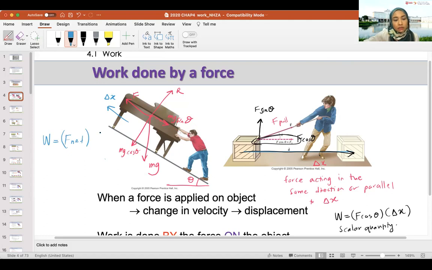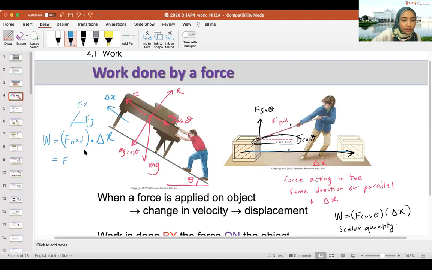F net and dot product with displacement. And then from this F net, I want to know what is parallel to the displacement only. So F net, we will have Fx, we will have Fy, right? But I only want to know what is acting in the X direction. So this guy becomes F net or